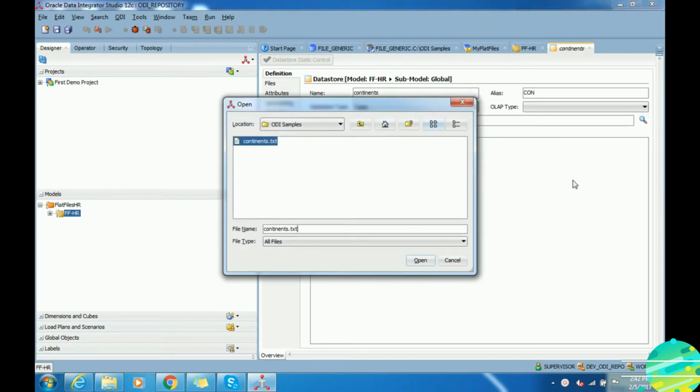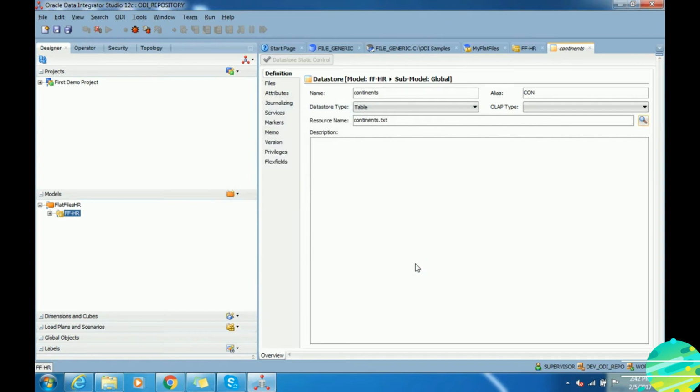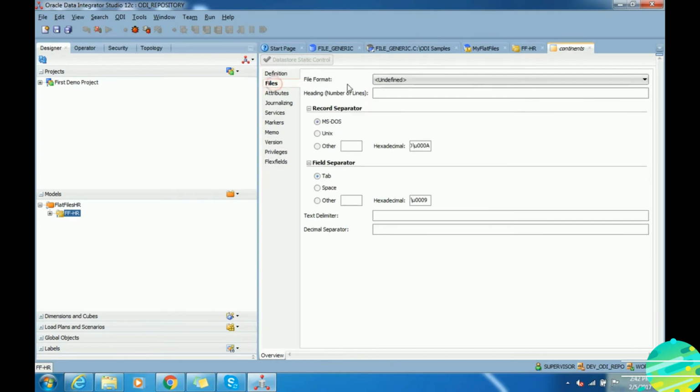This is how ODI knows which specific file it has to select as a source under the directory which was assigned to that logical schema.